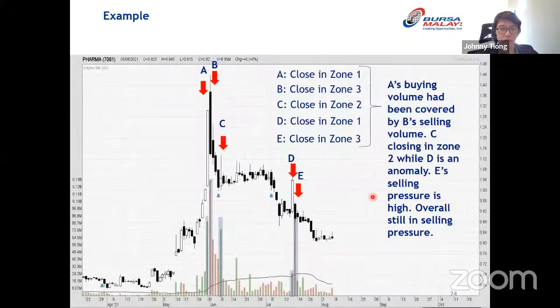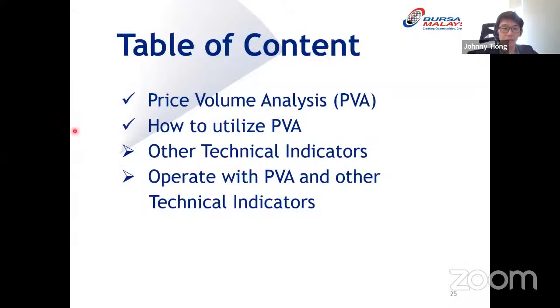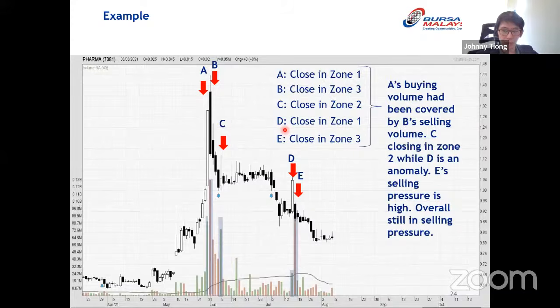So how we can do things like this is you just take your technical chart, maybe open half a year or 1 year. You look at those with the higher volume, and you can see whether it's selling or buying pressure. We can also look at the trend. So this is price volume analysis, and how to utilize PVA. Actually, I give a few of these examples in my blog, maybe you can find them there. I also use price volume analysis. Basically, we can use it to determine whether the stock is going up or down.